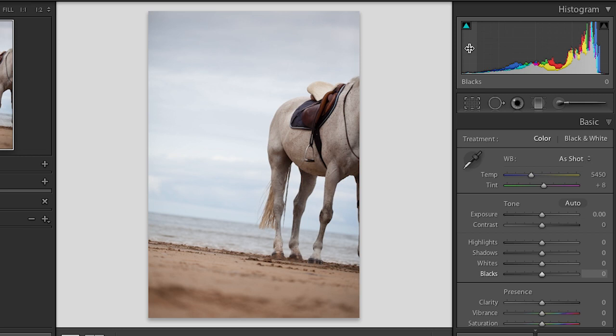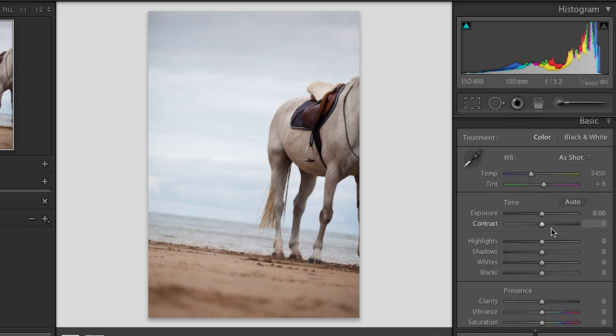And as I position my cursor in the histogram and move it from left to right, you can see that I am now hovering over the blacks, which corresponds to the black slider right down here. If I move over to the right, here are my shadows. Here is the exposure area, and here is the highlight area, and here are the whites. So we can immediately see the correlation between the sliders and what values in the histogram those sliders are going